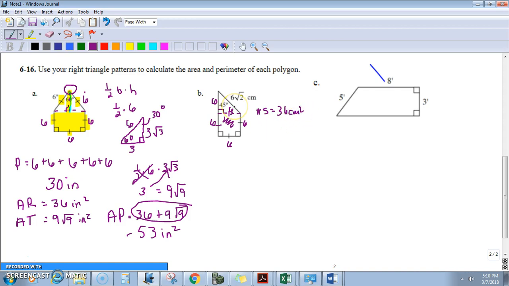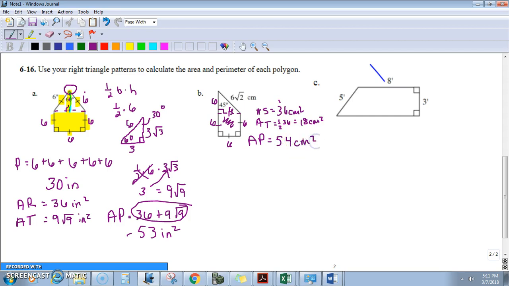Okay, and the area of the triangle is 1/2 the base times the height. And it looks like since that's 6 and that's 6, it's actually just half of the square. It's another half a square. So the area of the triangle is equal to 1/2 of 36, which is 18 centimeters squared. So if we add those together, the area of the entire polygon is equal to 36 plus 18, which is 54